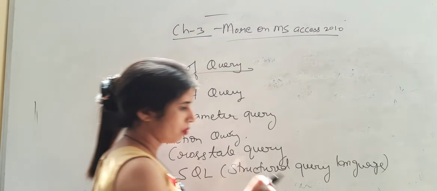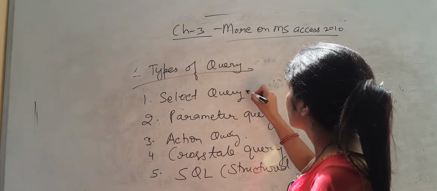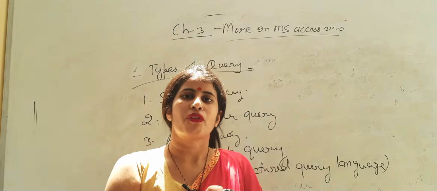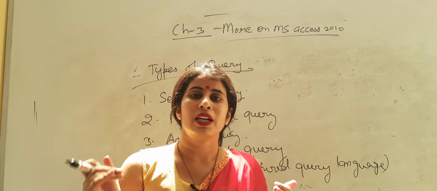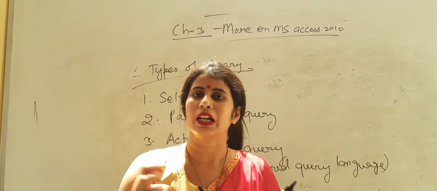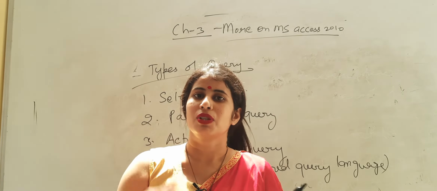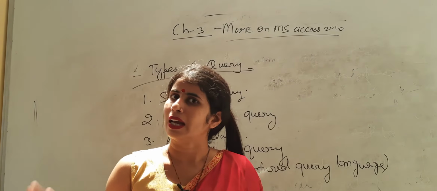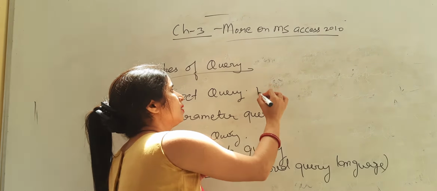There are different uses of these different queries. Okay, what is the first query? It is select query. Select query is used to extract the data from one or more tables in a database. Suppose in a database, we know that one or more tables are there and we are getting the data from one or more fields there. So we get the data from there and we are using it to calculate the sum, average, product. All these calculations we are able to do with the help of the select query.